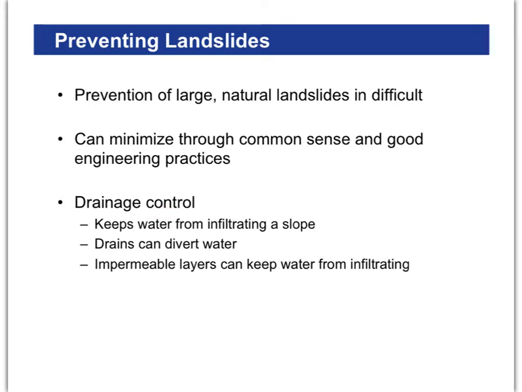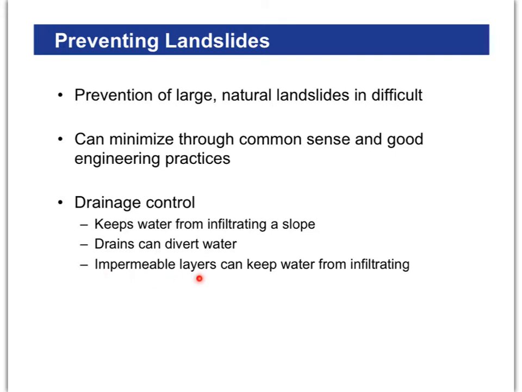If you've got a slope that is mostly soil or some sort of top layer, and water can drain through that pretty easily, at some point it will liquefy. So if you minimize how much water drains through it, that will minimize the likelihood of it moving. Many times you will see drains in hillsides where water comes into these drains and is prevented from going into the soil, which can move. The drains are pretty stationary, the soil is not, so as long as you send the water through the drains, it'll keep the soil from moving.